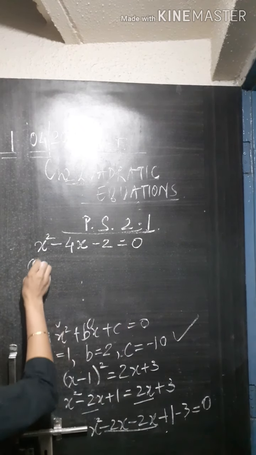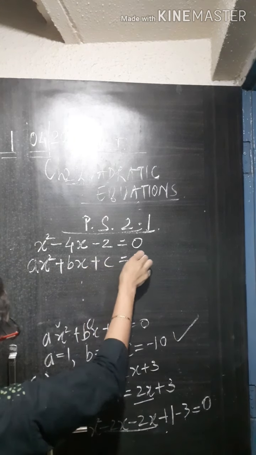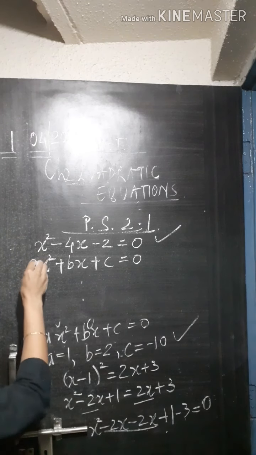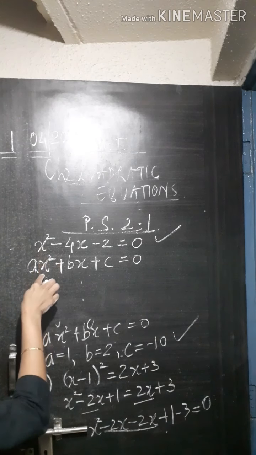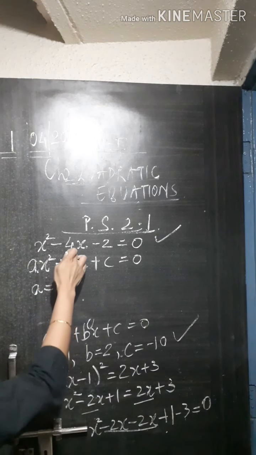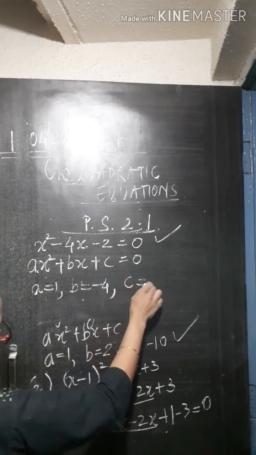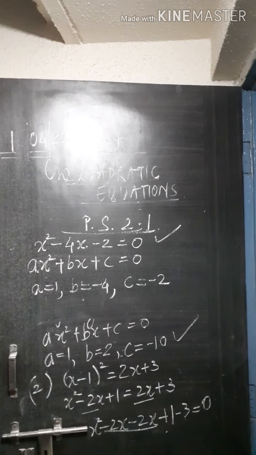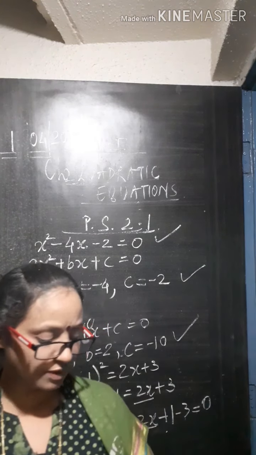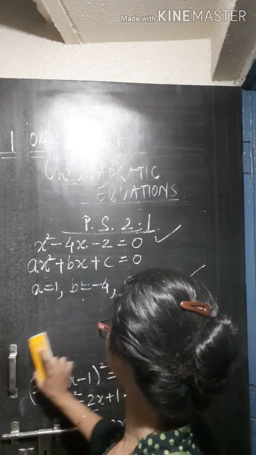So again I am going to get the standard form of the quadratic equation like this. Now if I compare with the standard form, what will I get? x square is there. So in place of a, what is there? a is equal to 1. x is there. So what is there in place of b? b equal to minus 1. What is c equal to? Minus 2. So we get all the values of a, b, c also. Is that clear? So this is how you are going to solve the second question. Now let's check further.